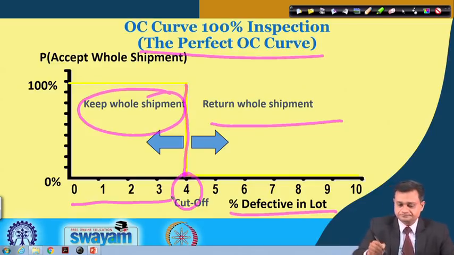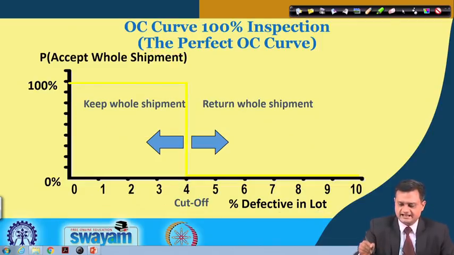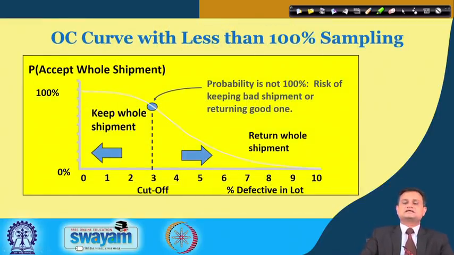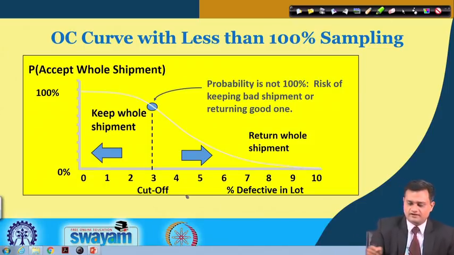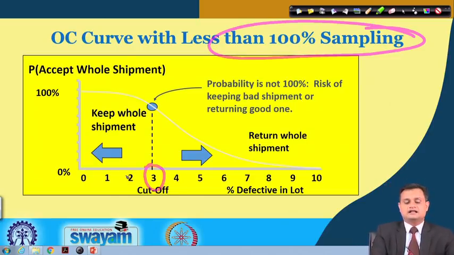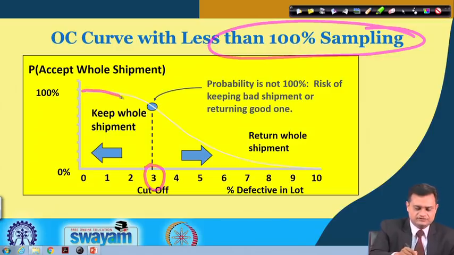So now, when I cannot operate with this and I have to go for sampling, just see this, and this would really help you to appreciate. I have a cutoff and I am going for less than 100% inspection, and let us say the cutoff is 3. Now what do you see here? I have the OC curve,